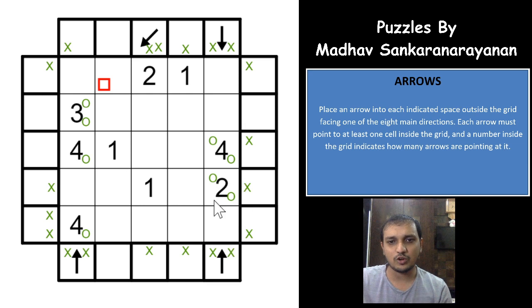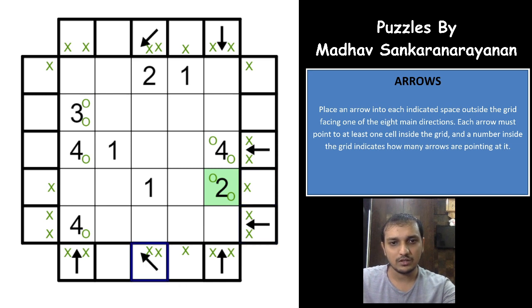Now if you see here, this 2 is already fulfilled, right? Because of the logic here, this 2 is fulfilled now, and that means you can have a notation here as well. This can be cross, this can be cross pointing towards the 2. Again this can be cross, and this can be cross, because an arrow cannot point towards the 2 now because 2 is fulfilled. So there are 4 possible places that we have eliminated with the 2. 1, 2, the 3 here, and the 4th here. 5th and 6th is already done. Okay, so which means now these cells can be placed with the arrow, 1 here, 1 here, and this would have to be 2 here. Superb.